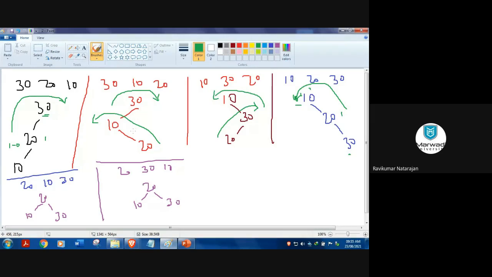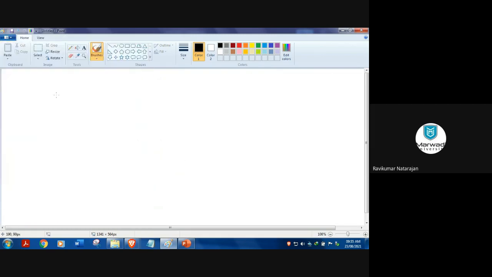I take the same example. Do we have time? No. Okay, no problem. We will perform this rotation in the next session. Then we will go for an example problem. So now I'll go for attendance.